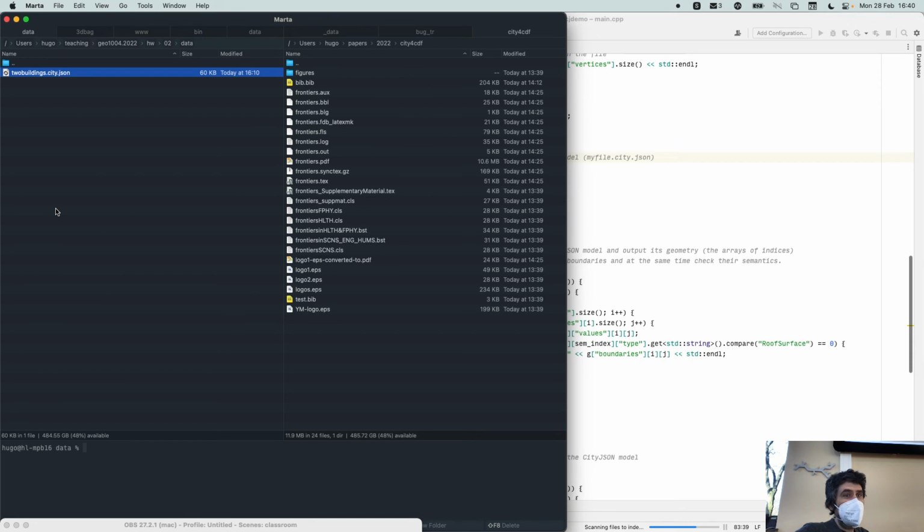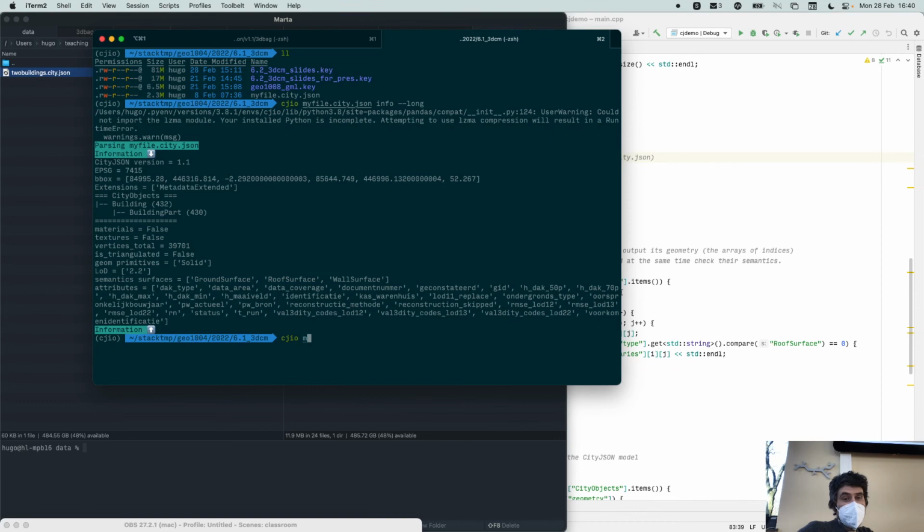So the example, basically, I gave you 2 buildings from the area that I gave you. It's called 2 buildings. And how I created that file is pretty easy. The only thing I did is I took my CityJSON file, subset, give me 2 buildings, and then save them. If you just type that, then you would randomly select 2 buildings from the file and then create a new file. So you don't need to start your assignment by using the whole file. You can just take 1 building that you find interesting, subset it, crop it, create a new file, and then just test it.